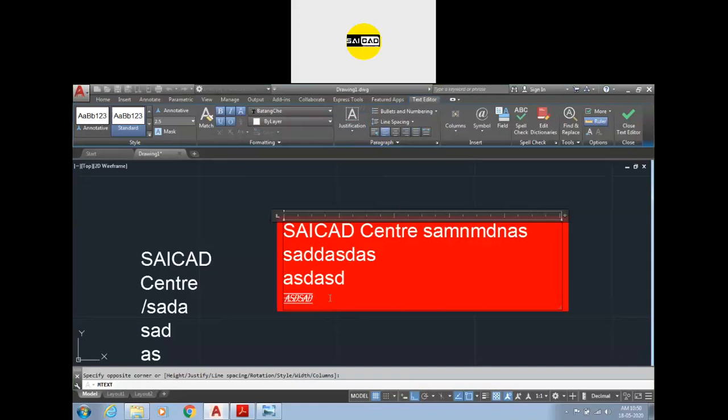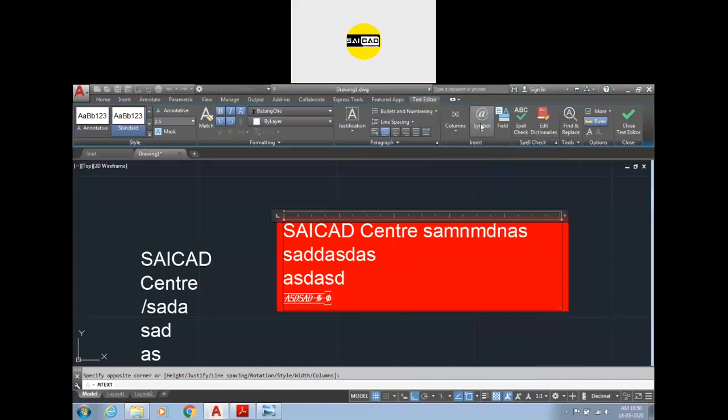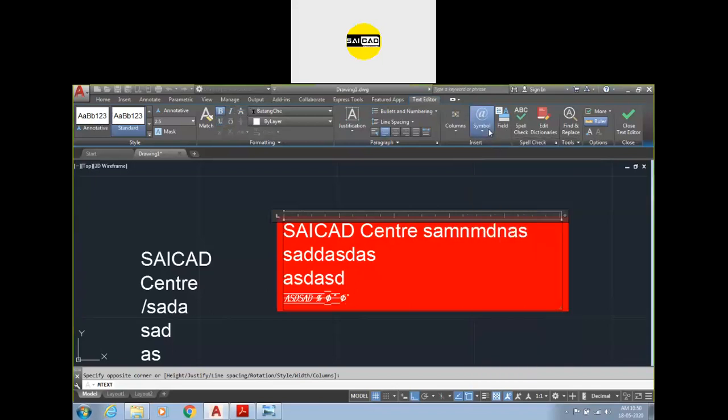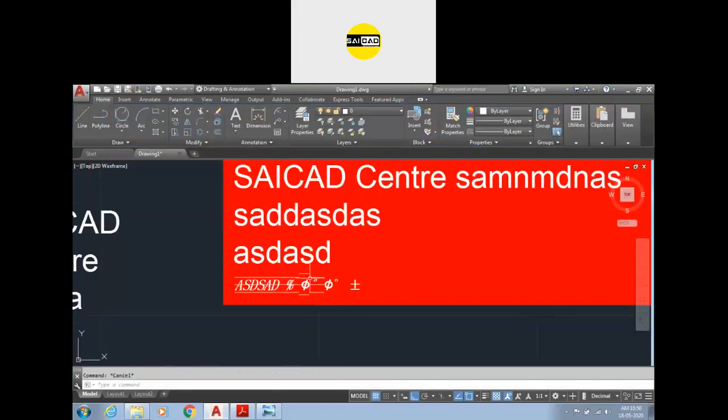Now if you want to type a symbol like diameter or percentage, we have the percentage symbol, but we don't have the diameter symbol. For that we have an option here called symbols. So you can see we have a symbol of diameter here, a symbol of degree here. Okay, I'm going to remove the overline and the lines. We have the dia, we have the degree, we have the plus minus symbol, like that. So just click outside, the object will be created like that.